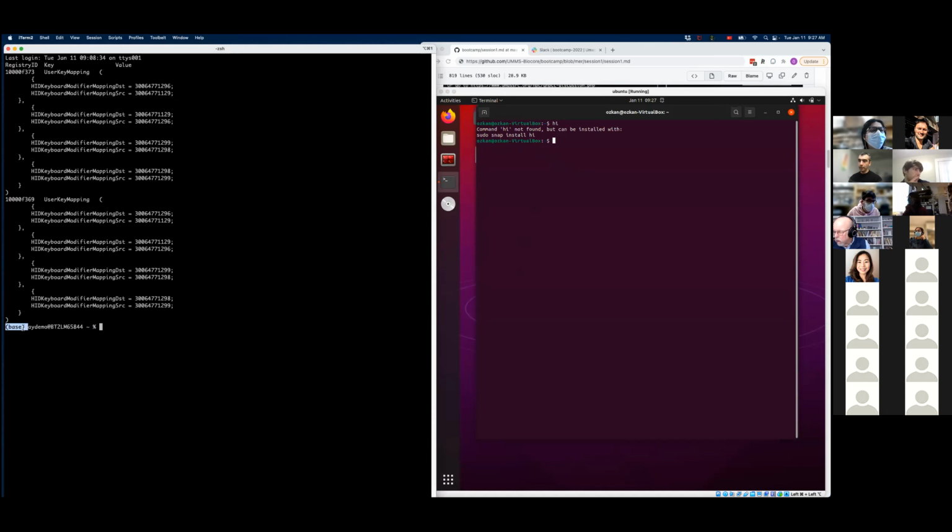So at the beginning, you can ignore this. This is specific to my use case. But here we have idemo at bt something something and then a tilde sign. And here it's Özkan at Özkan dash virtualbox. So these are the usernames. The part before at is my username on my computer here. And here Özkan is my username on the virtual machine here. And after at, we have the computer's name. So this basically tells us who we are in this system and what's the computer we are on.